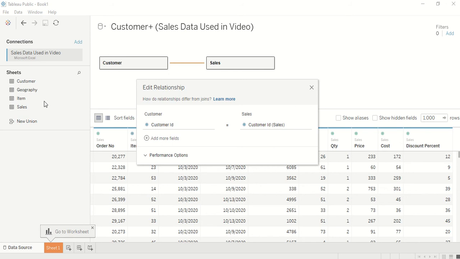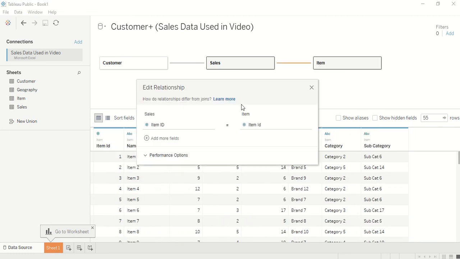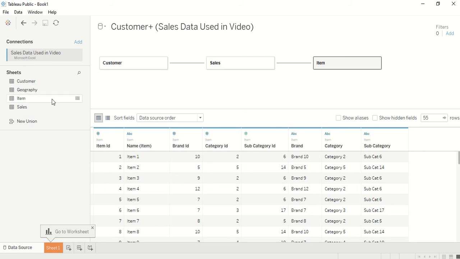Okay, this relationship is correct. Let me drag item. Item ID equal to item ID, that is also correct. And now I want to drag geography.